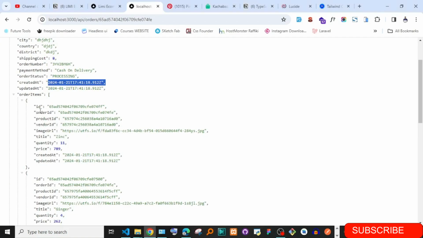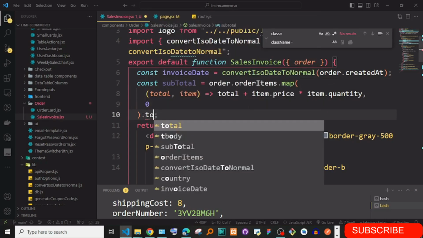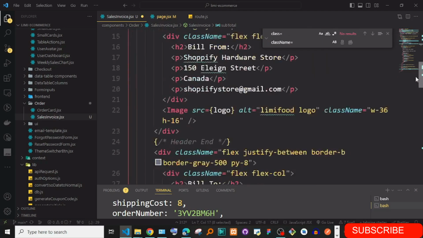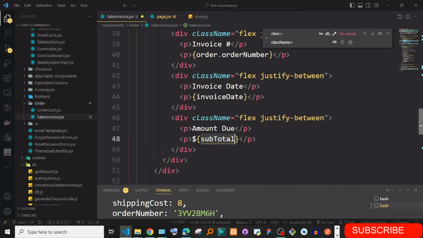So here we have these order items, we have the quantity is okay, and then also you have the price. Okay, good. So just get this subtotal, and of course we can just say to fixed, and then we pass 2. Okay, let me just go and get the subtotal, and invoice due, just put here subtotal. Okay,